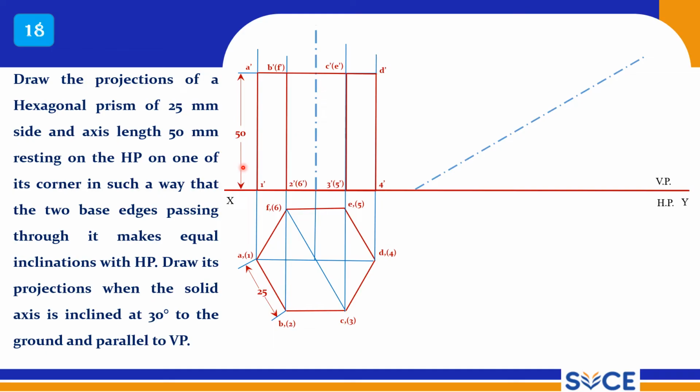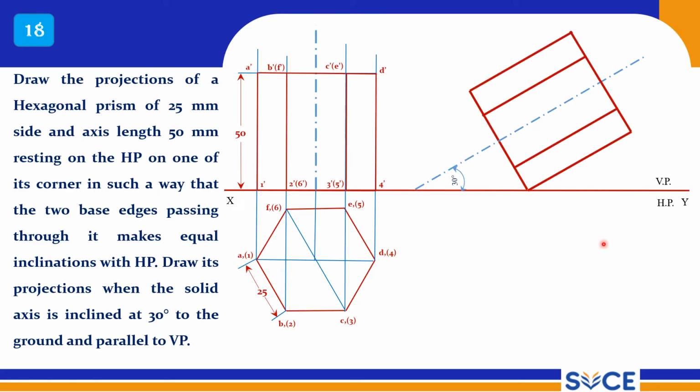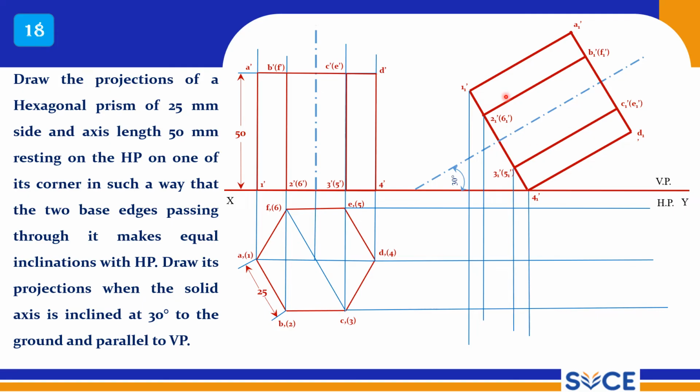This is the simple front view. And now draw the axis line and reproduce this view here, right? Now you know how to reproduce this view, and all the points you have to mark in the tilted front view. Now this is the tilted front view. From each and every point of the simple top view, and from the tilted front view, you have to draw the projectors. Now mark all the points, right? Mark all the points,